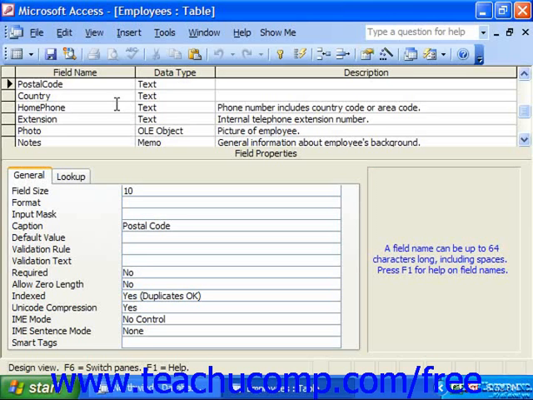www.teachucomp.com/free. You can set up input masks to dictate how data is entered into selected fields. Access makes an easy wizard called the Input Mask Wizard that allows you to apply input masks to text and datetime fields. To use this, select the field in the table design grid to which you wish to apply an